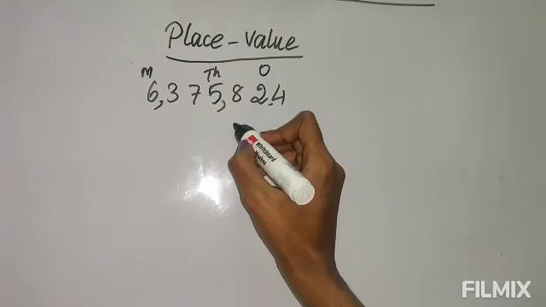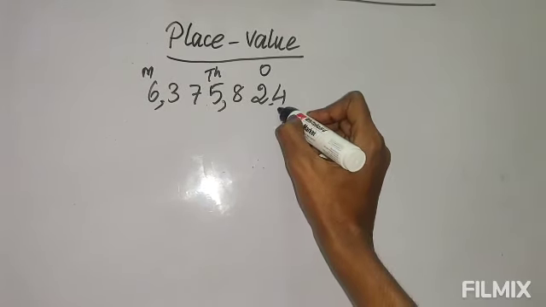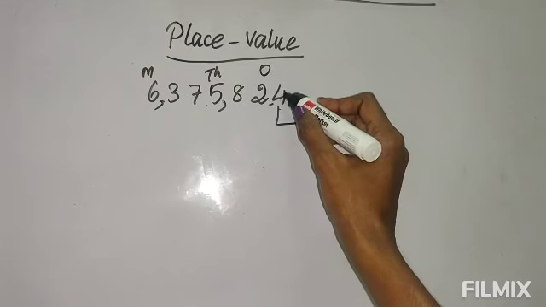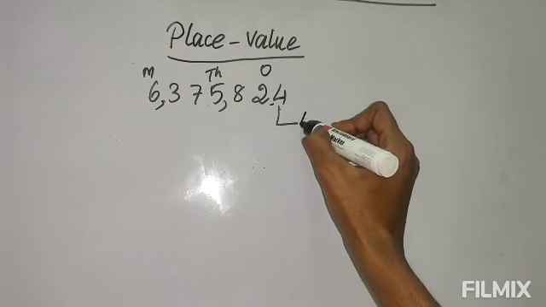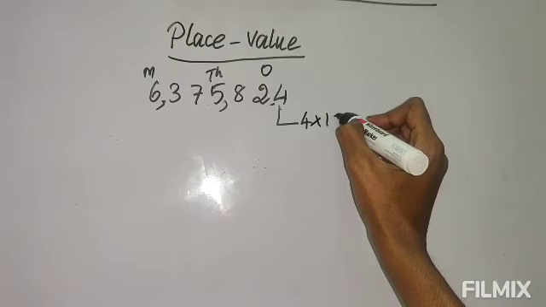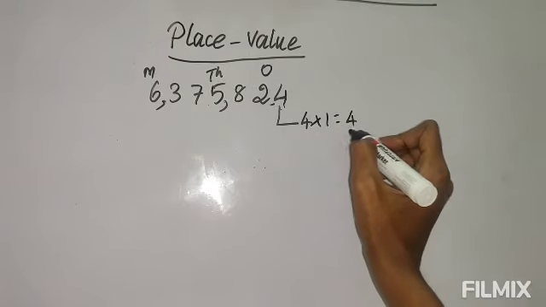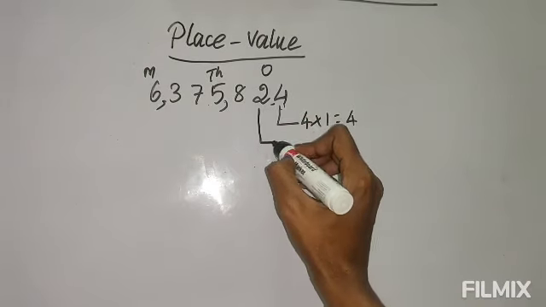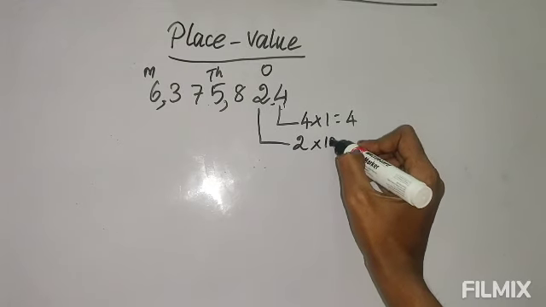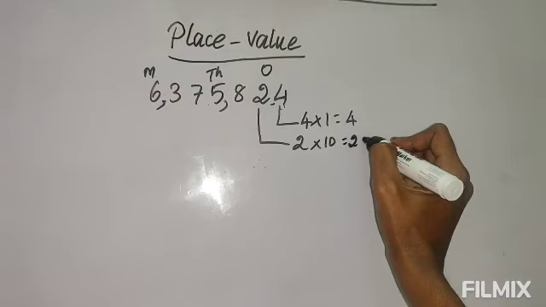Now at random let me take, you know already how we have done it in the Indian place value chart. The number here is 4 and it is in ones, so 4 into 1 we write 4, so the place value of 4 is 4. Same way here the number is 2 and it's in the place of 10, so 2 into 10, 20. This is the same here.